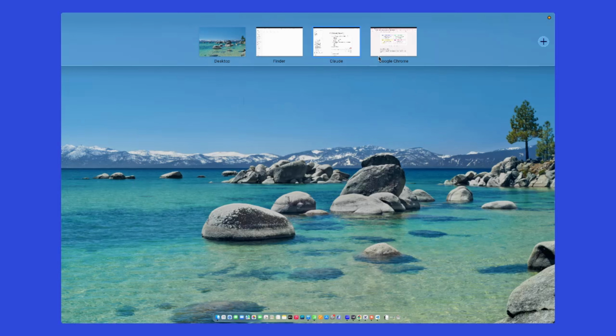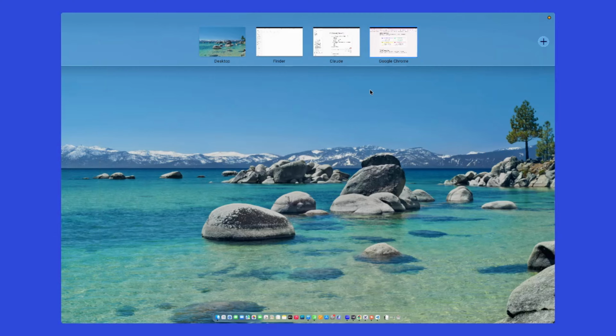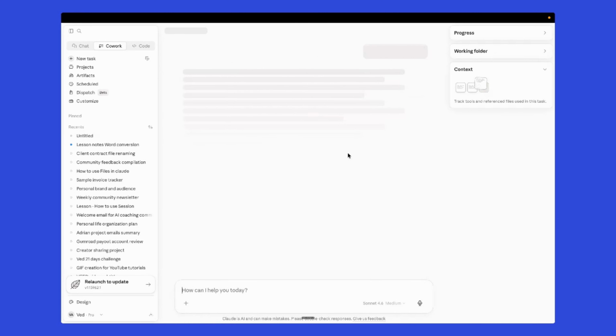So once you give a brief, this time we just want to merge or summarize the reports, right? So we have January month report, February, June, all the CSV files, and we just want to create one report file. Okay, so we already mounted the folder and let's run it. So while it's running, go back to your